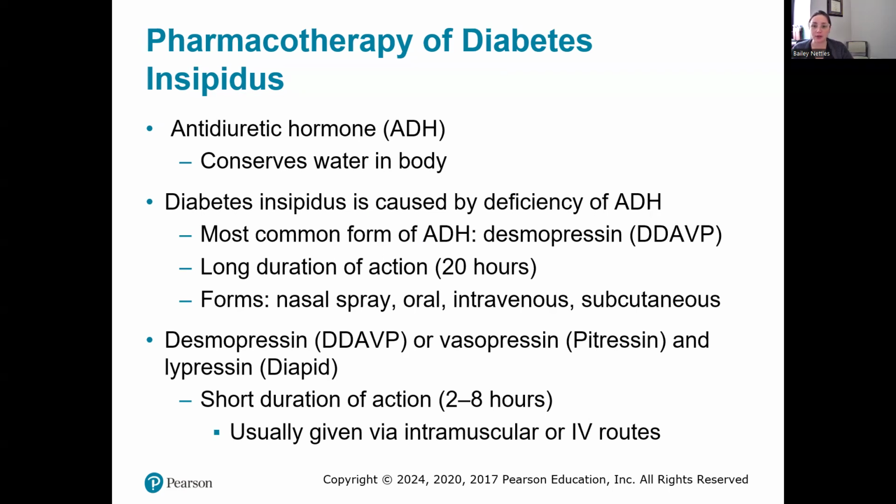One of the biggest diagnostic tools for diabetes insipidus is your urine specific gravity. So I'm not conserving water, so I'm peeing out water. So a lot of water in my pee. I'm going to have a very diluted urine specific gravity. So I have to monitor their urine specific gravity and their I&O to make sure that